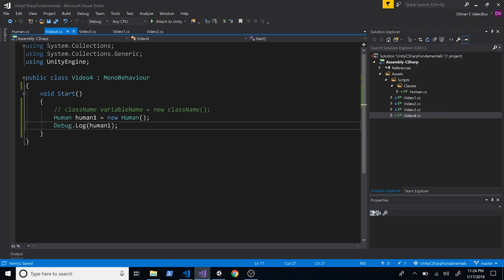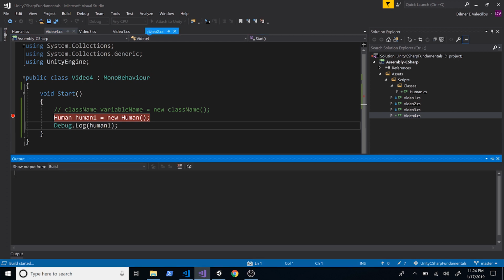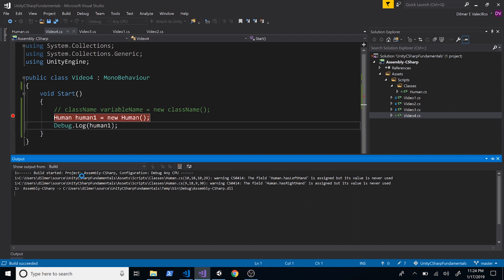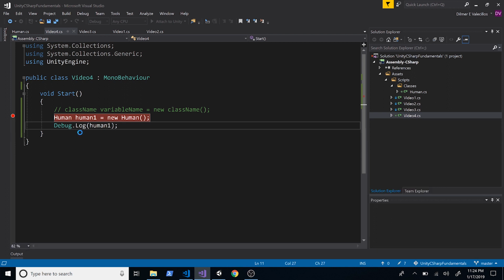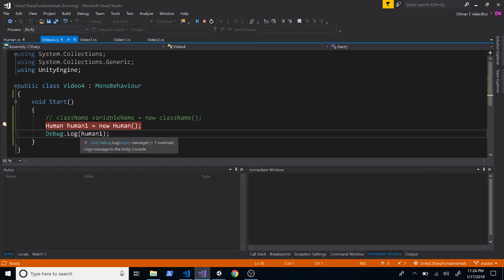What I want to do here is attach the debugger, because I want to show you what's happening behind the scenes when this object gets created. I'm going to add a breakpoint on this line and then attach to the Unity debugger. Let's give it a second until it compiles and attaches to the running process. Excellent. So now let's go back into